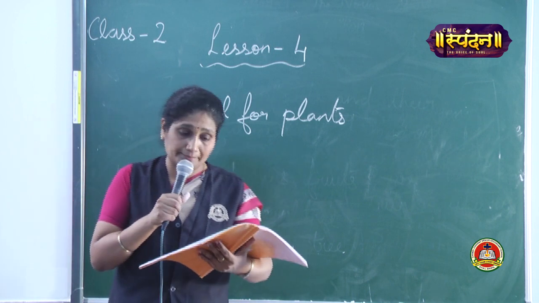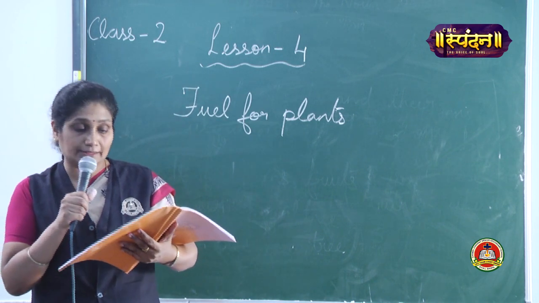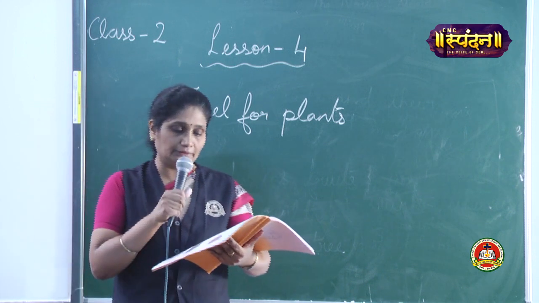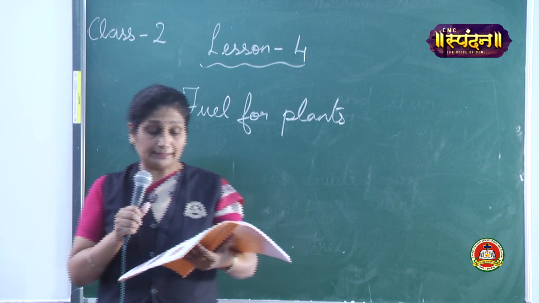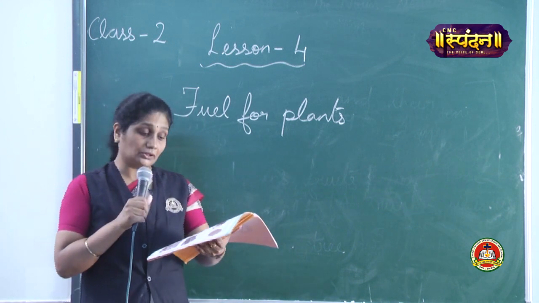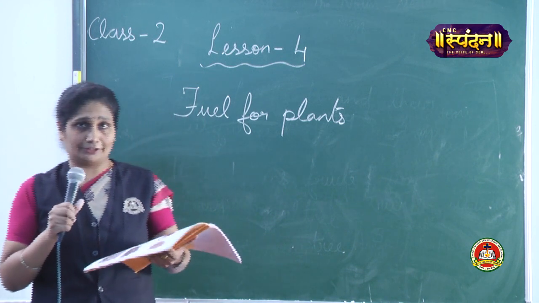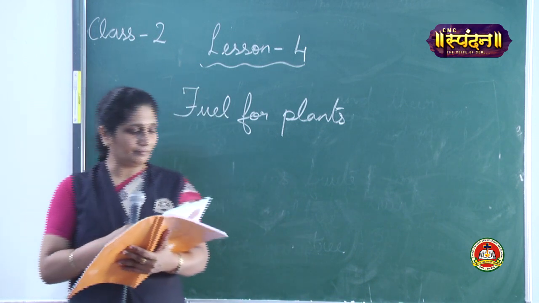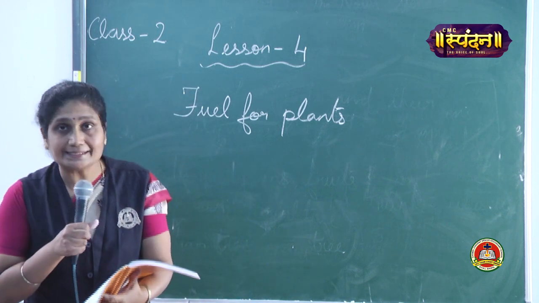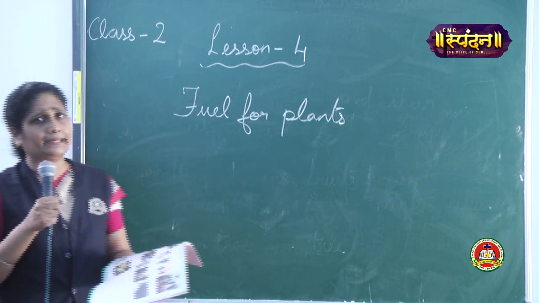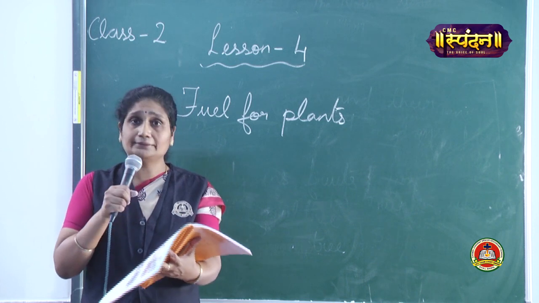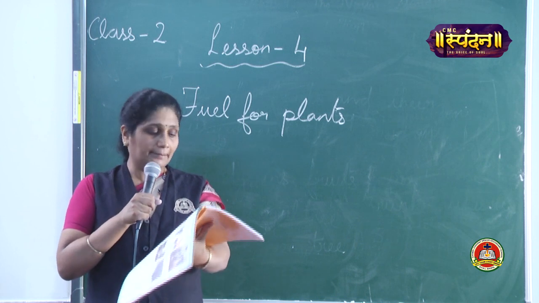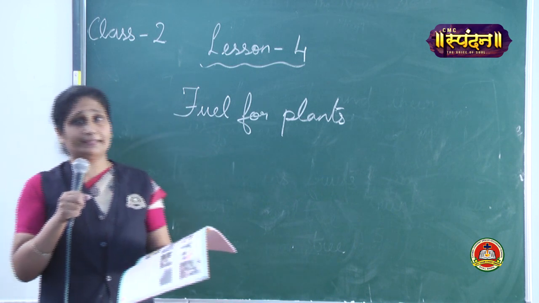So rubber and gums from plants. The juice of certain trees like rubber, kikar and cinchona provide us with useful things like rubber, gum and quinine. Now what is the next thing? Cotton and fiber. We get cotton from the cotton plant and fiber from the plant. Now what is the next thing? Medicines. As I've told you, many plants give us medicine. What are they? Neem, yes, very good. Eucalyptus provides us medicines. And also we get perfumes.